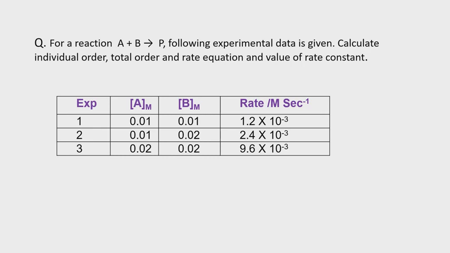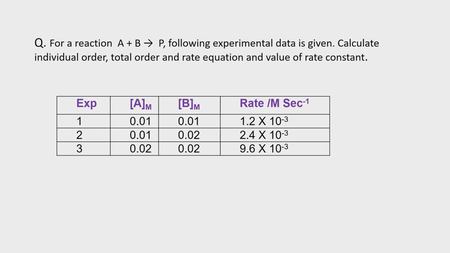In the earlier case, we have seen that it is theoretical data. Rate increases 3 times when A increases 2 times. Rate increases 27 times when concentration of A and B increases 3 times, like that. But here there is no theoretical statement. Experimental data is given, in the form of a table. So we have to compare experiment 1 with 2 and 2 with 3, then only we can solve the question.